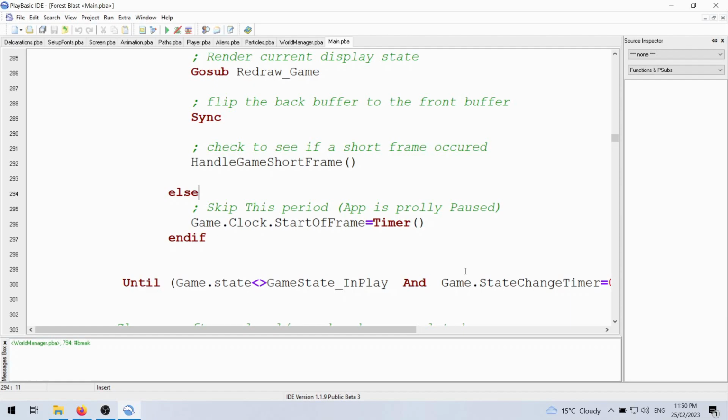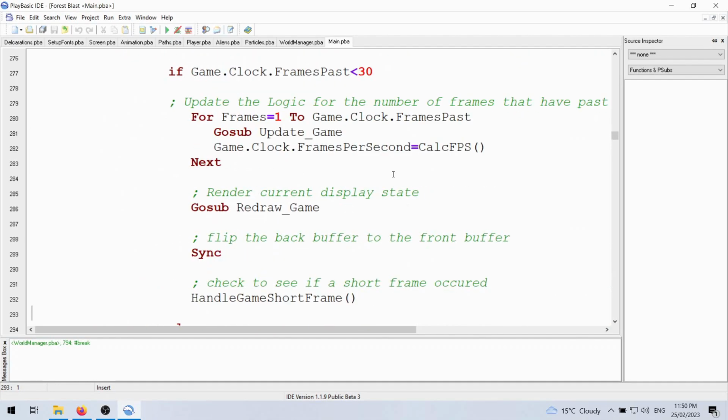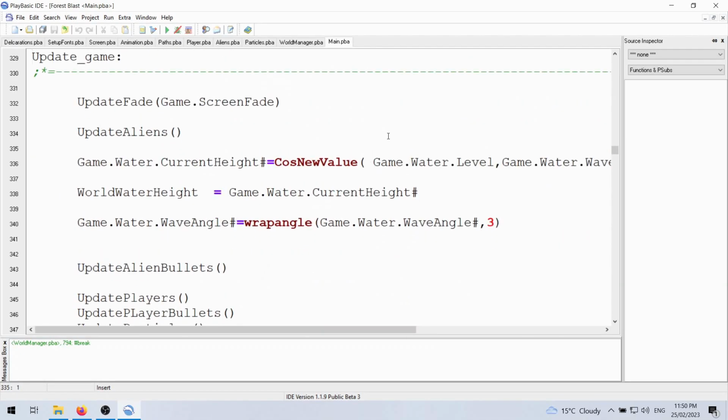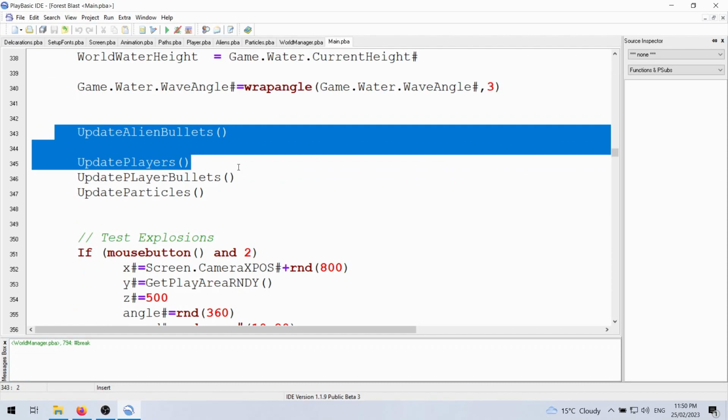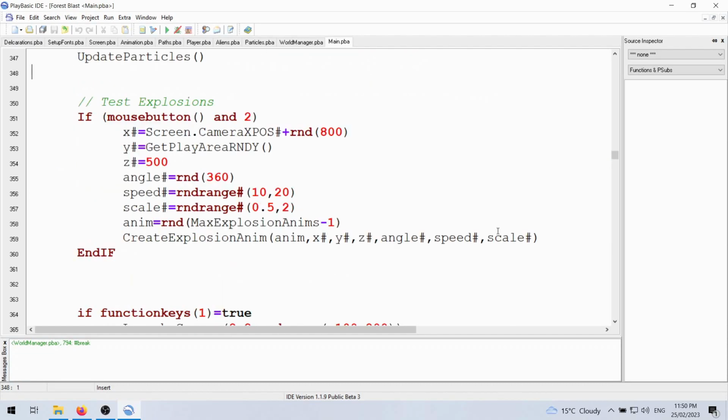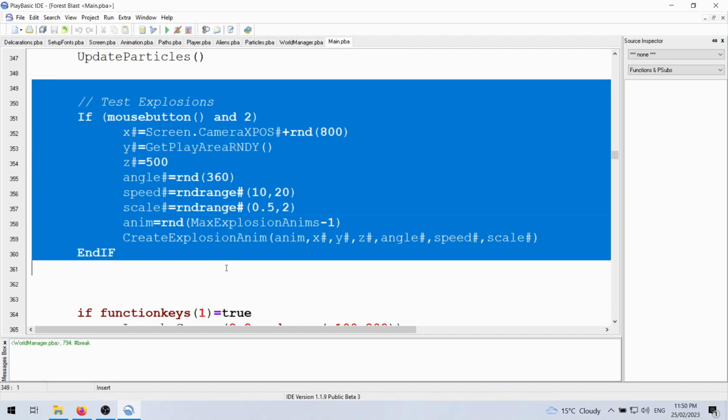Now the byproduct of that is you might end up with a bit of bouncy frame rate, because other applications will be chewing up time from your game running, but it can be better for the end user. So redraw the game and update the game. Let's have a look at update the game. So if we're fading in, updating the aliens, doing the water waving stuff if we need to, moving the alien bullets, moving the players, moving this stuff, updating particles, doing our test stuff with